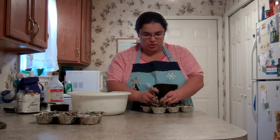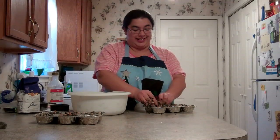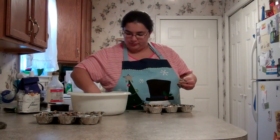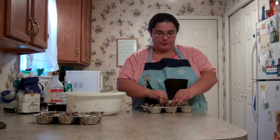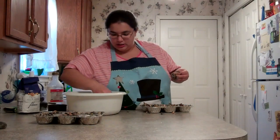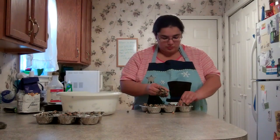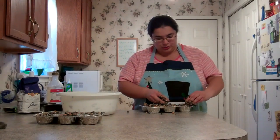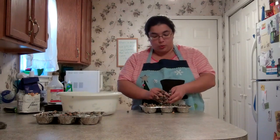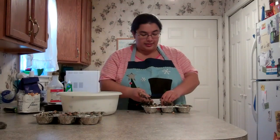A little bit more than I usually do, but I don't think I'm getting these packed quite as tightly as I would like to. All right, so now before we set them aside to solidify, we need to poke holes in them because we're going to be stringing them with that yarn I showed you, so that we can hang them wherever